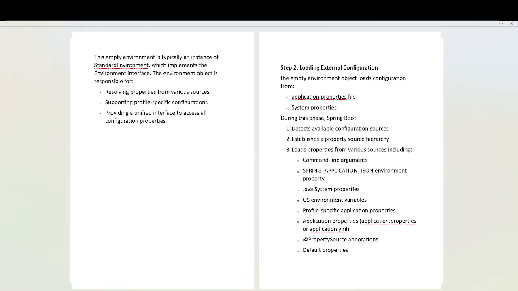After that, during this phase, Spring Boot will detect all the available configuration sources. Wherever the configuration sources are, it will detect and load them, and it will establish a property source hierarchy. It will load properties from various sources including command line arguments, Spring Application JSON environment property, Java system property, operating